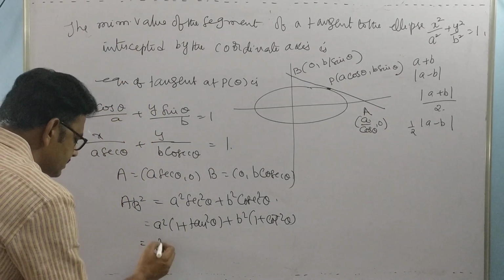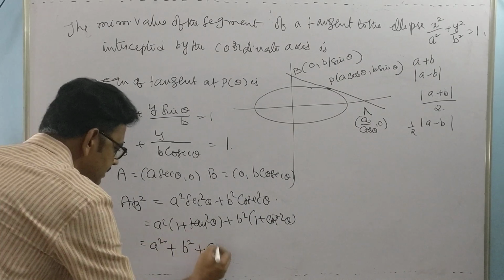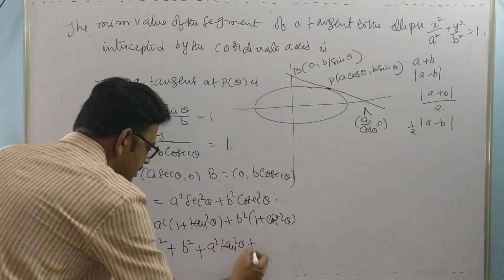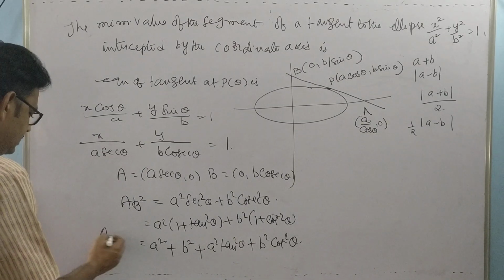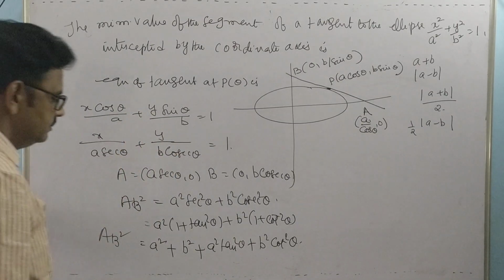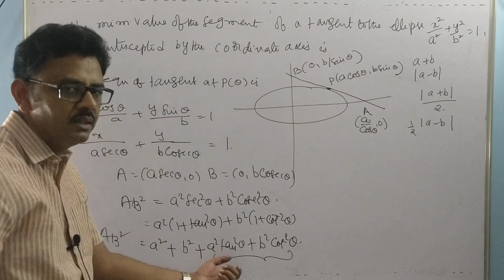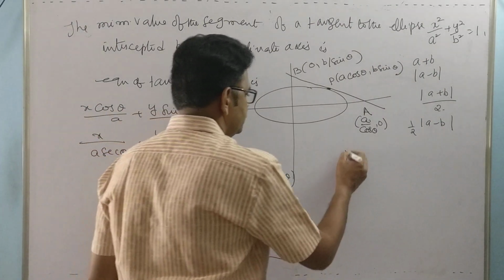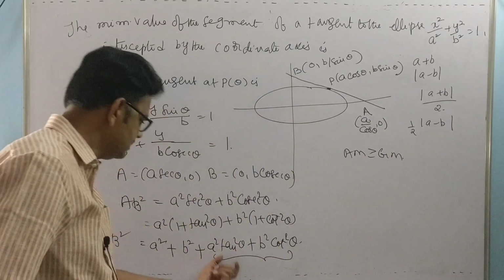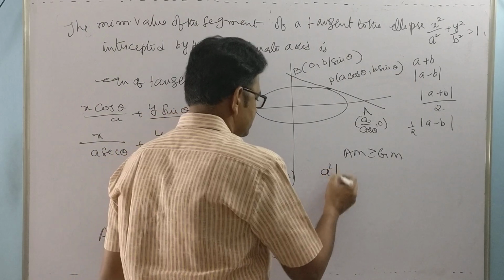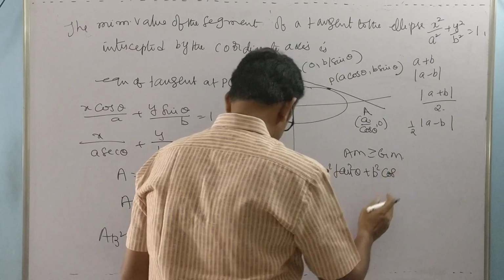So this is a square plus b square plus a square tan square theta plus b square cot square theta. Okay, so this is what ab square. Now for this part only I am applying AM greater than or equal to GM, using AM greater than or equal to GM. So only for this part, this is a square tan square theta plus b square cot square theta